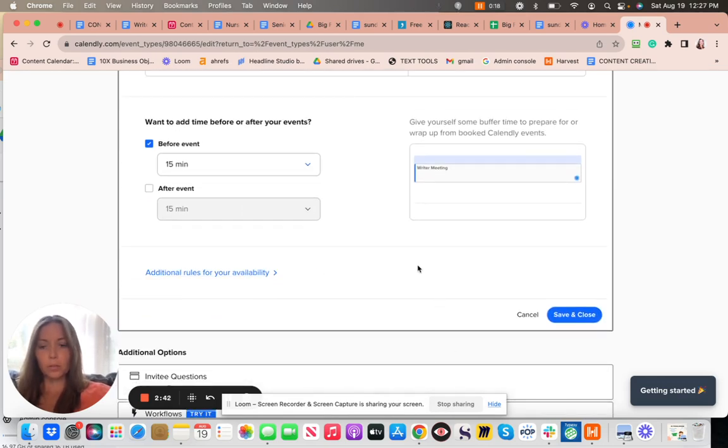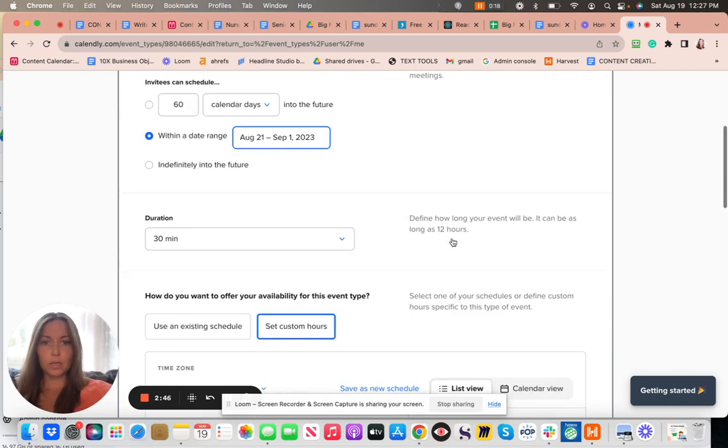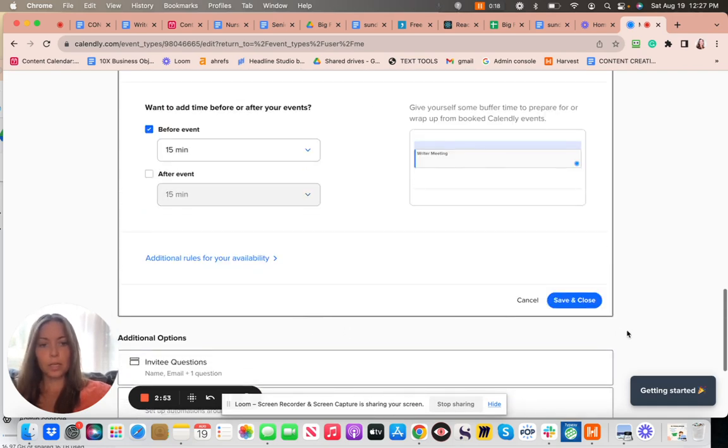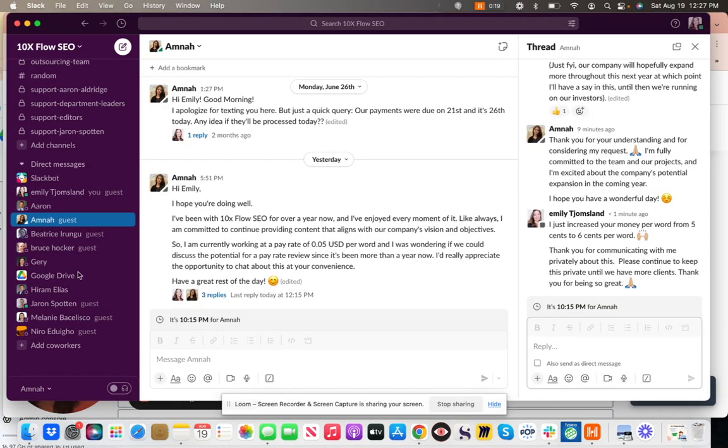so that's all you do. It's very simple. You can go through and customize your set custom hours, and then save and close. Then you just come up here and copy the link, and then you go to Slack,